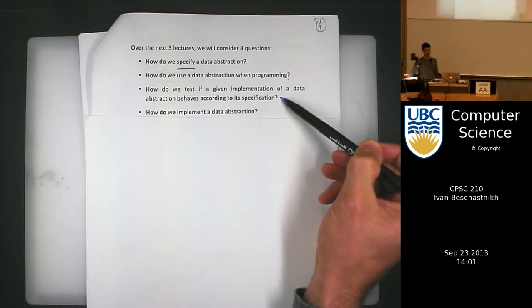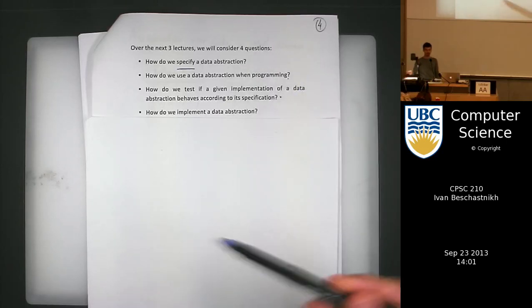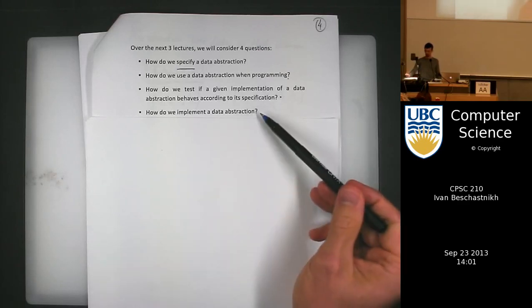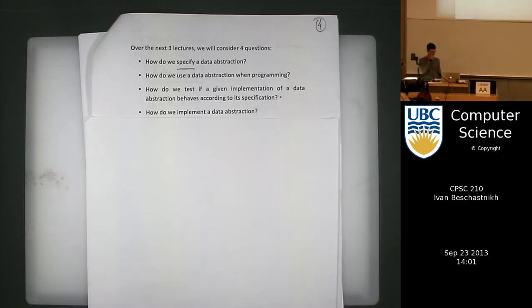Then in the last lecture, we talked about testing. So if I have a data abstraction and I want to test it, then I'm going to write classes that try to exercise it by creating objects, driving them into a certain test, and then checking if the object is in the right state. And the last one is implementation. And we implemented the integer set, which is